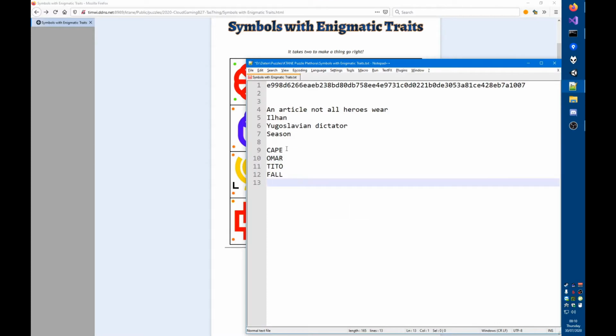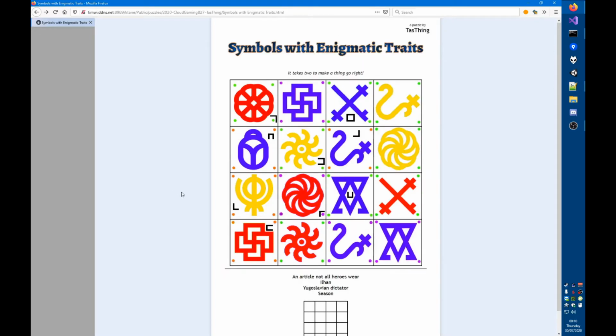So I'd noticed that these clues give us four words, but I was kind of hoping that I would read something else vertically, but that doesn't seem to work. Except maybe if you read this upwards, you get lore, but that's just as likely to be a coincidence. So let's take a look at the rest of the puzzle.